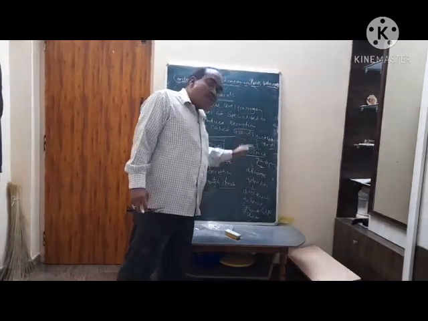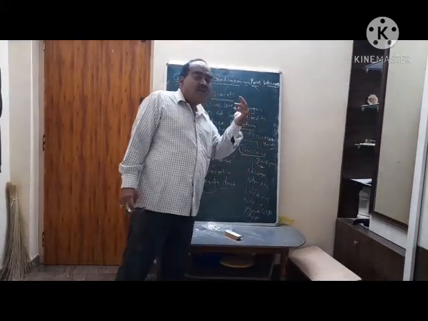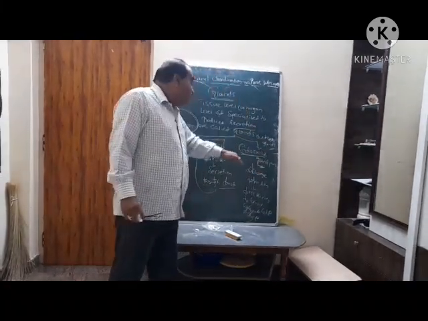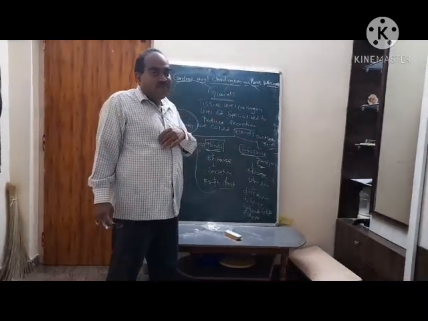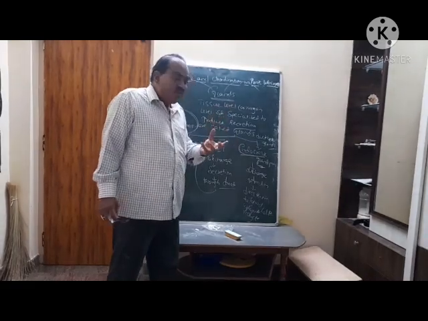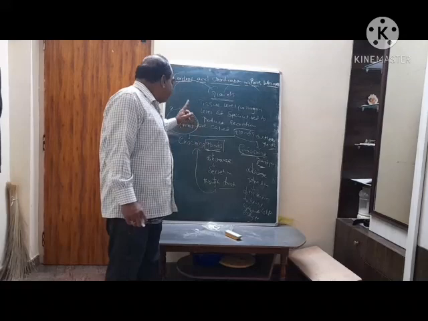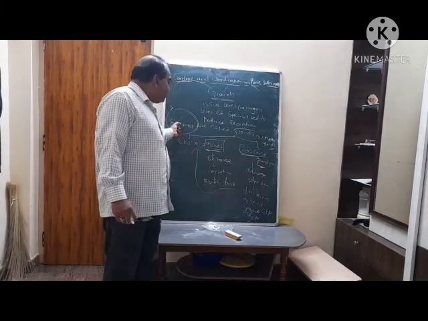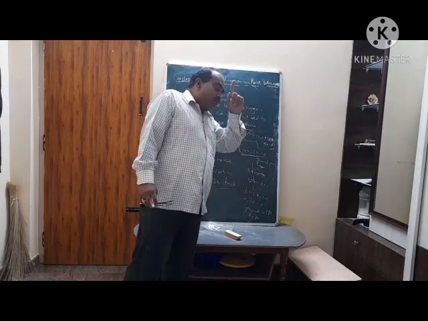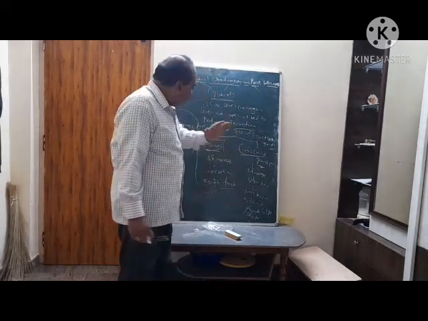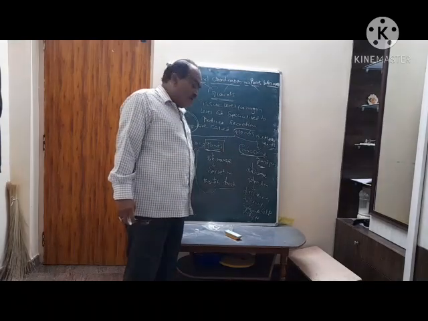Then endocrine glands also produce chemical secretions. They secrete directly into the bloodstream. The chemical secretions of the endocrine glands are called hormones. So, what are hormones? Okay, we can discuss it later once again. So this is it: the secretion of the exocrine glands contains enzymes, the secretion of the endocrine glands contains hormones. These are the differences between exocrine glands and endocrine glands.